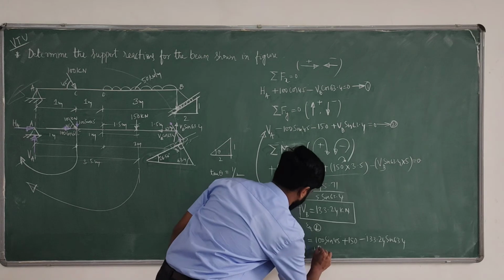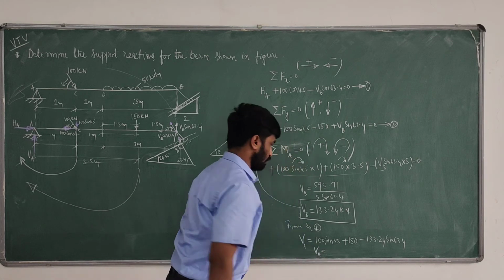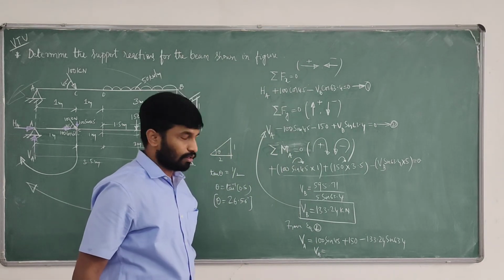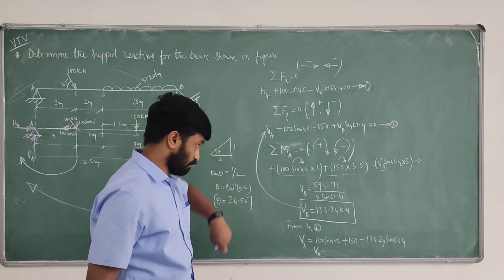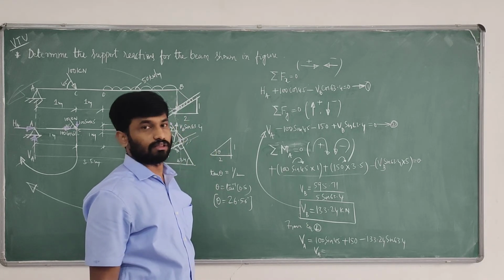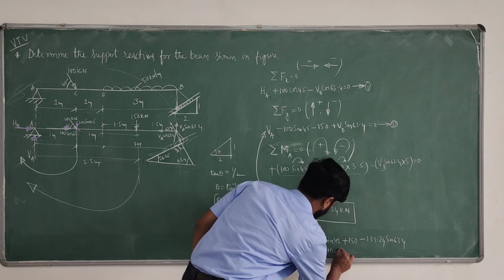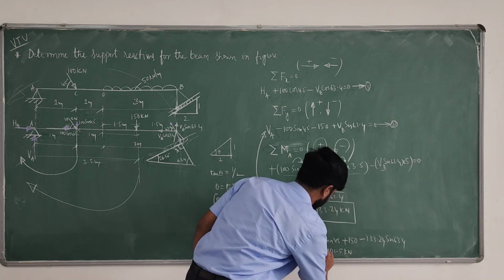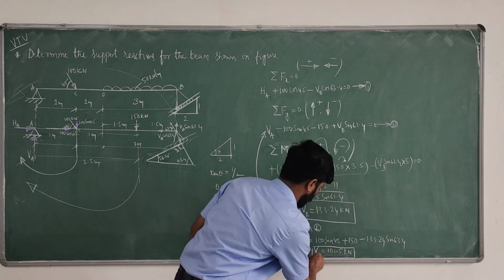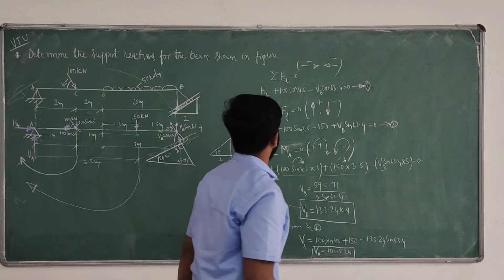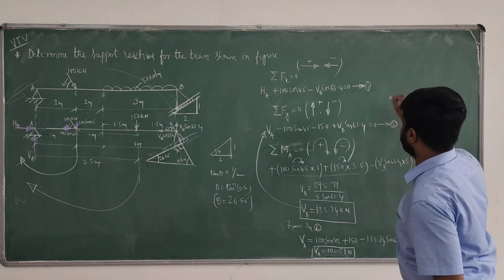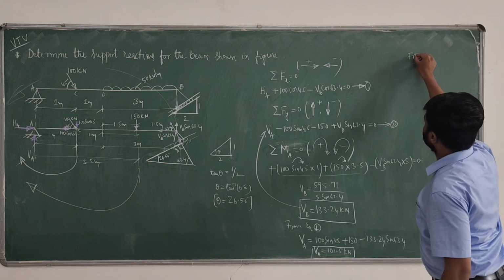Determine the value of VA. 100 sin 45 plus 150 minus 133.24 sin 63.4 gives 101.57 kilonewton. So this is VA. Once we got VA and VB, now from equation 1,